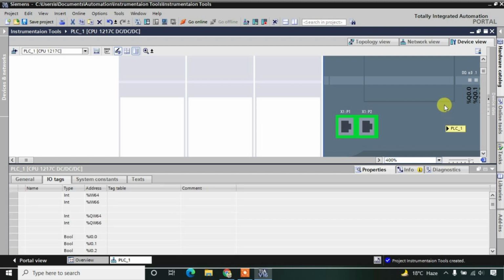Now if we select this CPU, I have clicked on this CPU, so all those inputs and outputs addresses are available here. If you observe, IW64, IW66, QW64, QW66. What these are, we will see in the upcoming lectures.